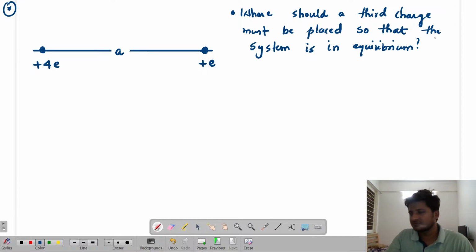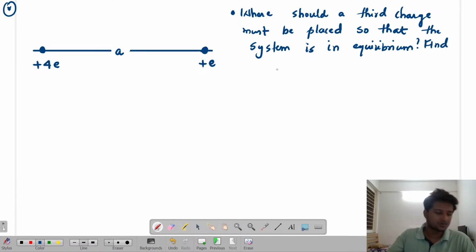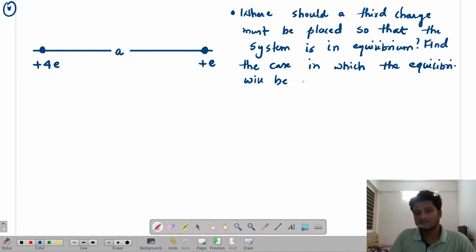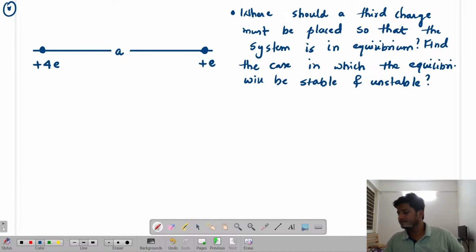The most important question is, find the case in which the equilibrium will be stable and unstable। बताओ।